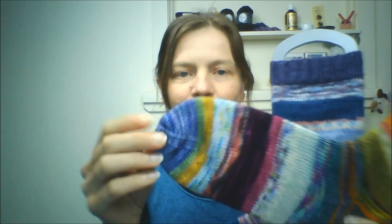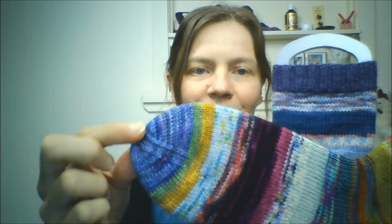I think that would be quite stunning, but I think I need to increase my stash a little bit before I have enough to do that. I put out the call on Instagram about what colour toe I should knit for this second sock, and there were lots and lots of wonderful suggestions. There were oranges and turquoises, and quite a few people suggested blues and purples,